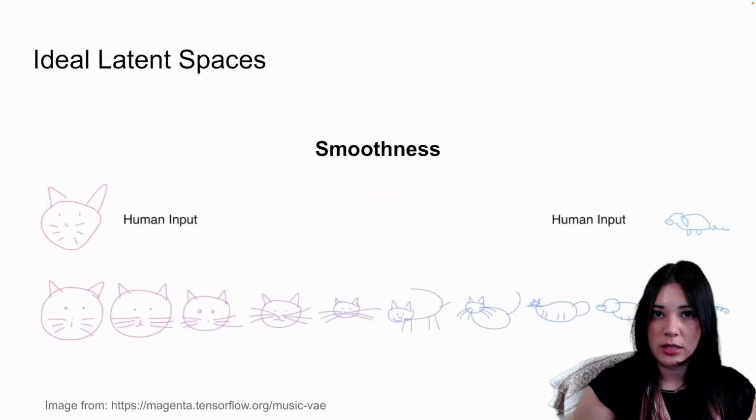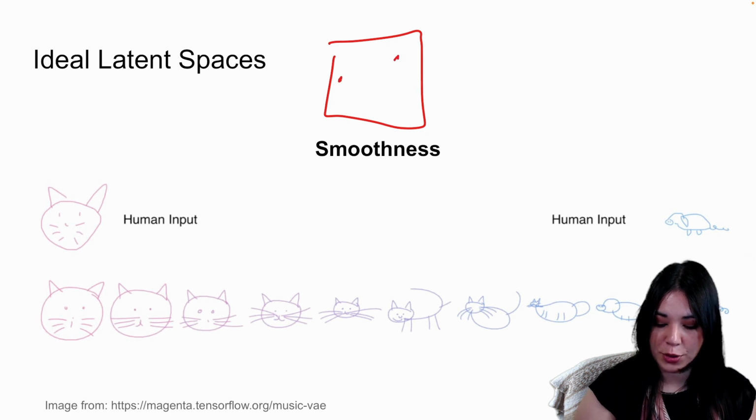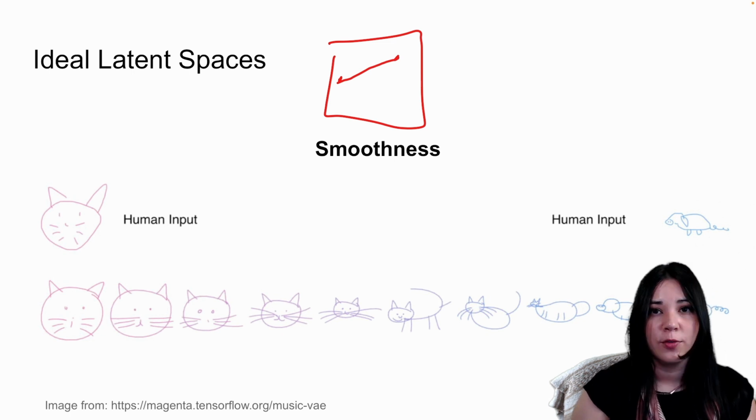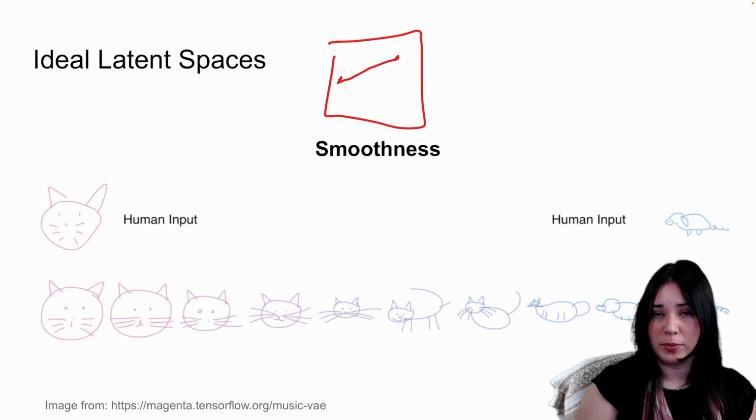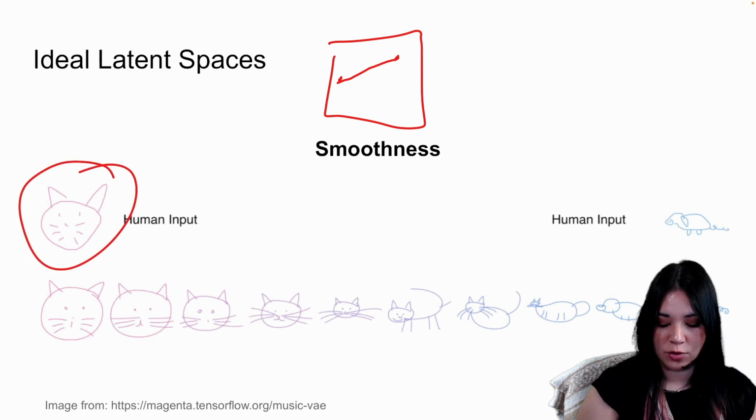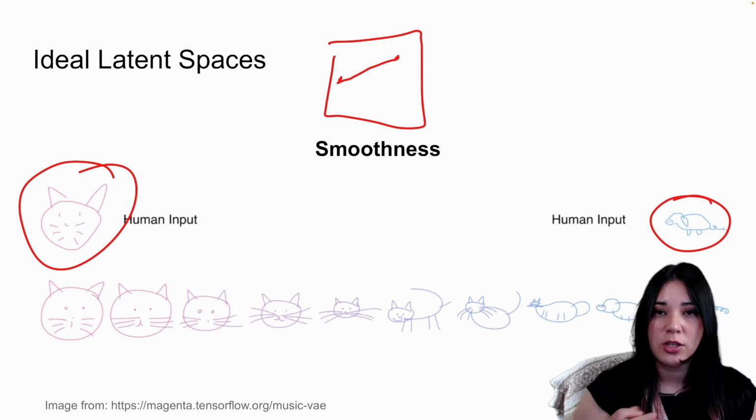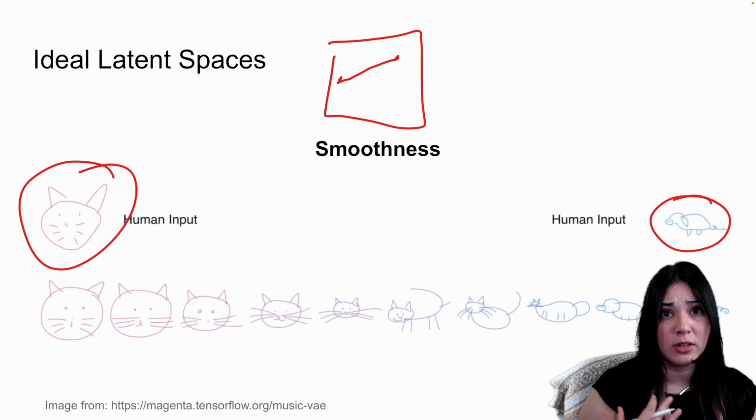Finally, an ideal latent space for a variational autoencoder will have good smoothness. Smoothness means that in our latent space, we can basically pick two different points and gradually move between them, morphing from the first point to the second. For instance, in this example, from a variational autoencoder trained on human drawings, we can take this drawing of a cat's face and this drawing of a pig's body and slowly morph between them, creating things that look like valid